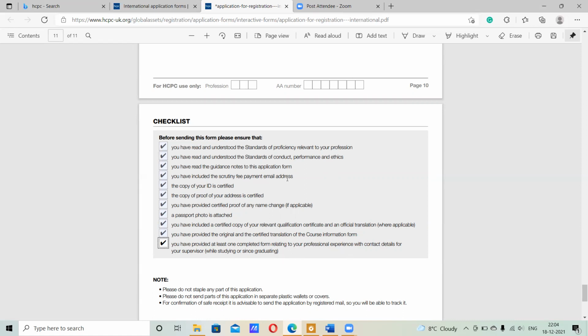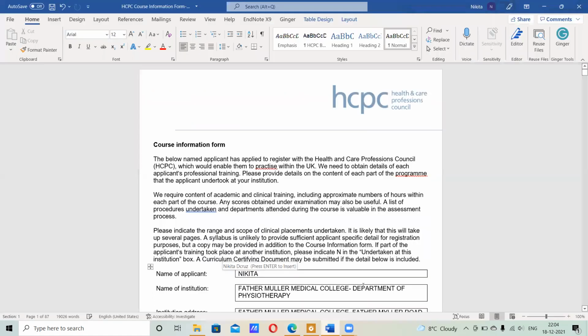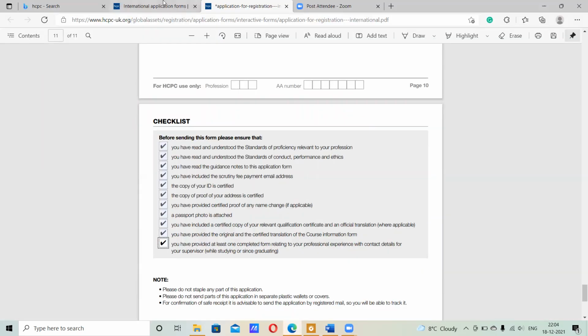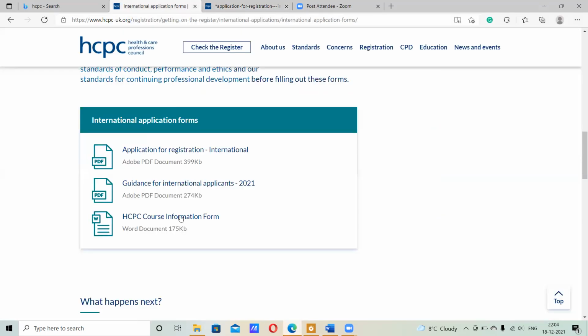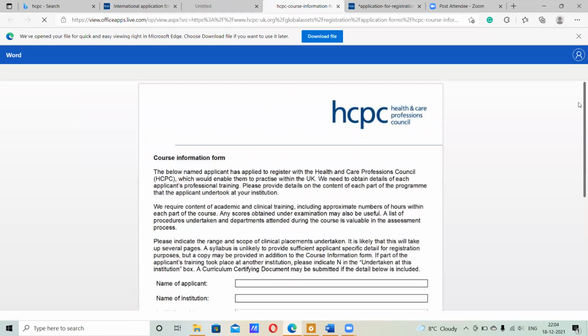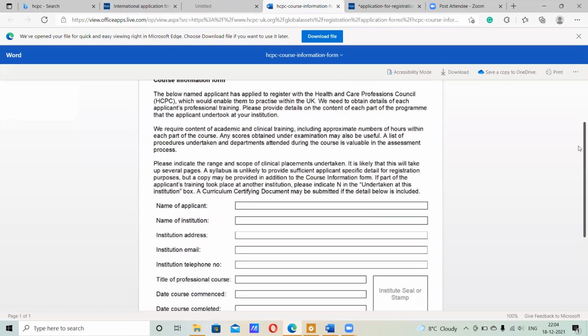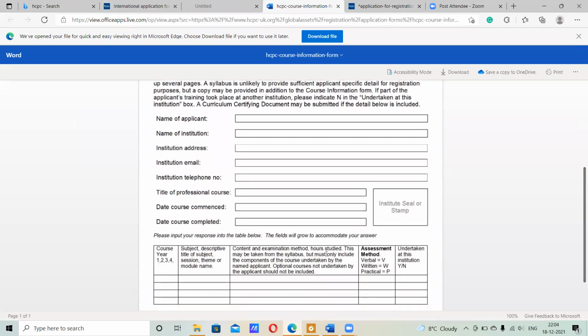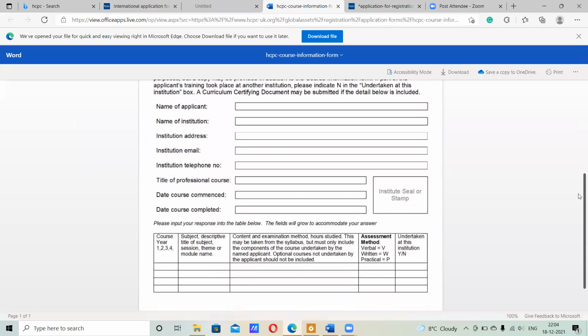So moving on, what is the course information form? Let's just do it through this. If you come to your international application page, you will see the HCPC course information form. And right here is the course information form. What you need to do is fill in your details and ask the college to fill in these details for you. And once they send it back to you, you need to attach this along with your HCPC application